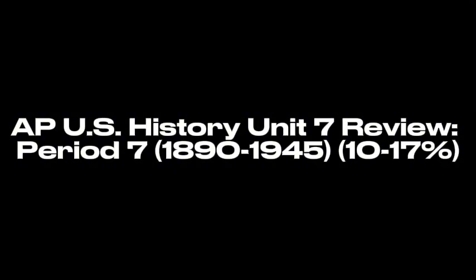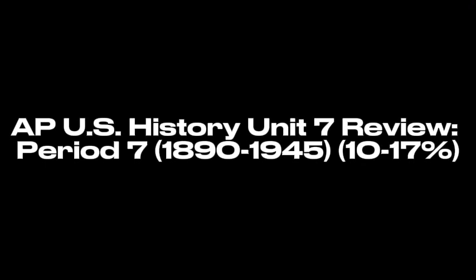Their U-boats started sinking all ships heading to Britain, including passenger liners. Like the Lusitania. The sinking of the Lusitania in 1915 killed over 1,200 people, including 128 Americans. That caused huge public outrage here. Germany backed off for a while, but then they resumed it, gambling they could starve Britain before the U.S. could mobilize.